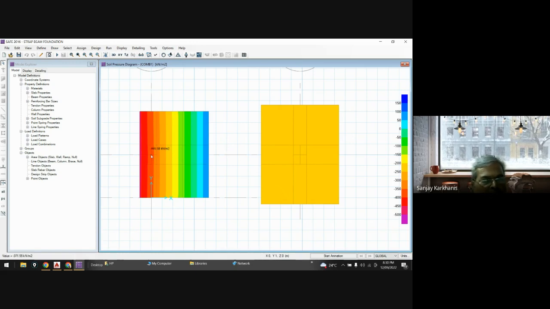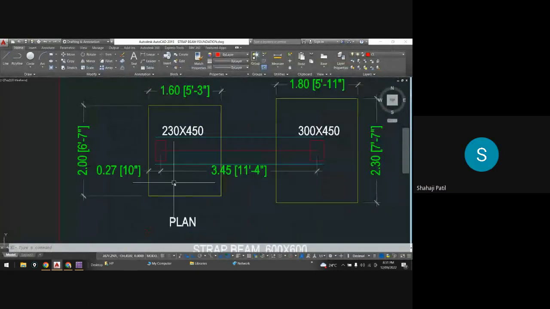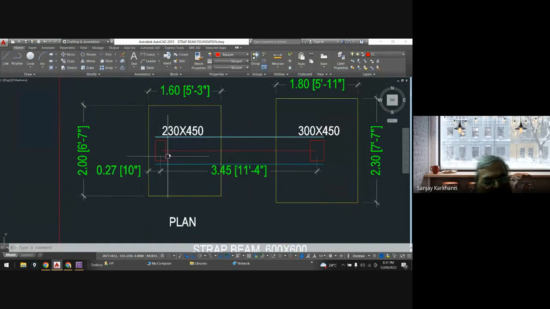But here we are having a problem, which is going from this. This color is 221, but as you go towards the column, you are getting this. What is the reason for that? Anybody? The offset is less, the load is eccentric. Yes, see, because of this, this is the eccentric loaded area, and this loaded area does not have a footing on this side. That's why here it is getting excessive pressure, which is more than your soil bearing